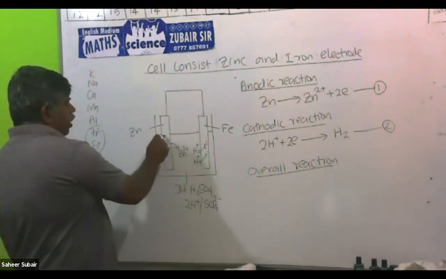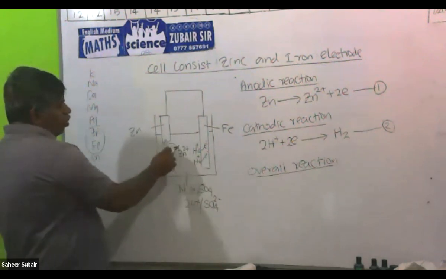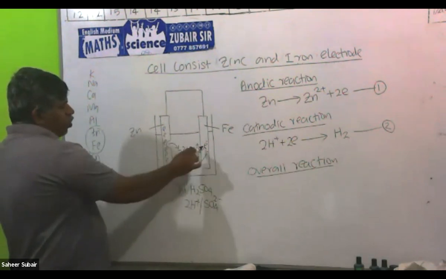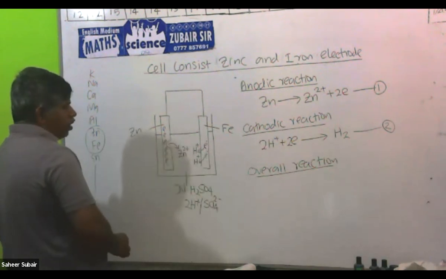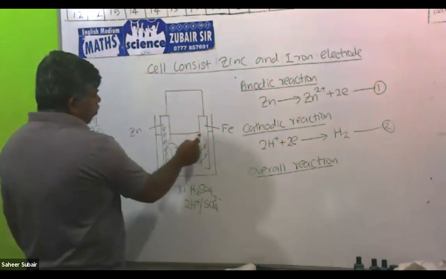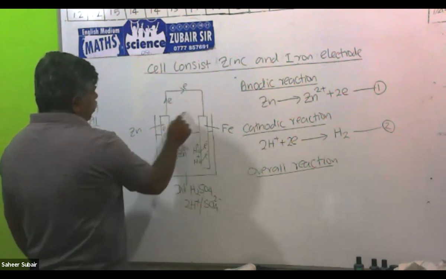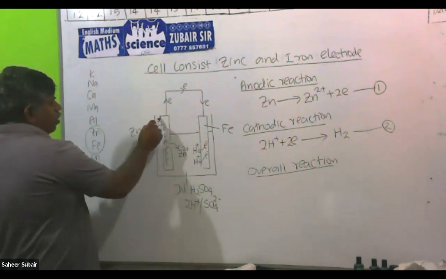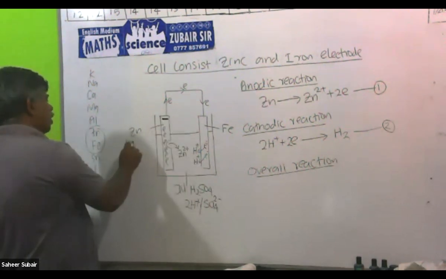So this one gets the electron, then the electron concentration increases. I have shown you only one atom. Like that, thousands of atoms are putting out electrons. I have shown you only one hydrogen molecule. Thousands of hydrogen molecules form. Then the number of electrons increases here, the number of electrons decreases here. Then the electrons start to flow from zinc to iron. Then this one loses the electron, so that is the negative. While losing the electron, that is called oxidation. Where oxidation occurs, that is called anode.